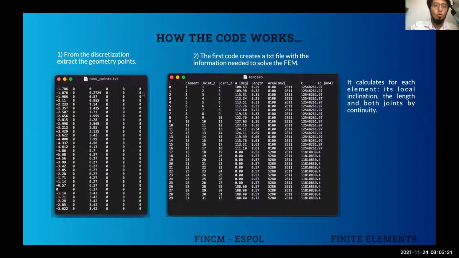So I'm going to tell you how the code works. First of all, from the plot points of the geometry of the system, we wrote a short program that extracts all the information, like the angles, the length of the element, and the continuity of the joints for each element. It also prints a TXT file, as you can see in the center of the screen, with all the properties of the material as well. Then with this TXT file, it is needed to work with the big code that we made. So with all of this information, the program